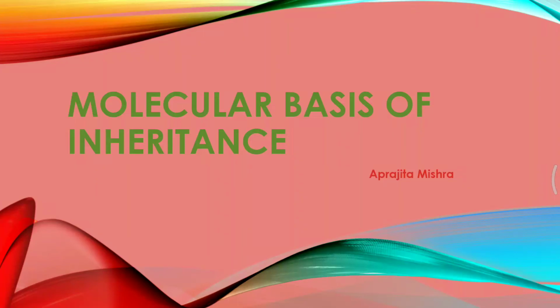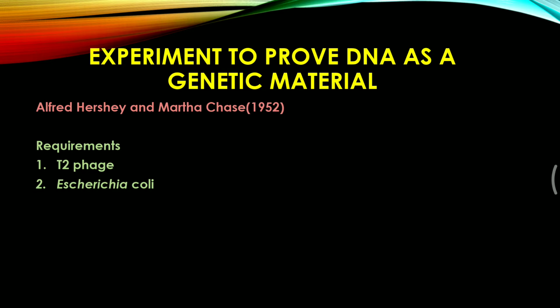Hello everyone. Till now we had already discussed the molecular structure of DNA as well as RNA and even the biomolecules which are utilized in order to form these structures. But today we will discuss the Hershey and Chase experiment. This is a very landmark experiment which was done by two scientists, and because of that the genetic material was found. The experiment was done with the help of two organisms.